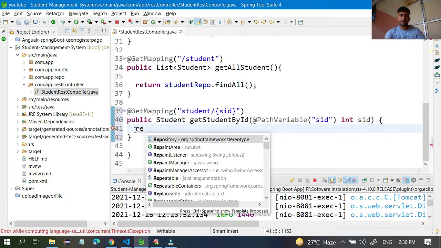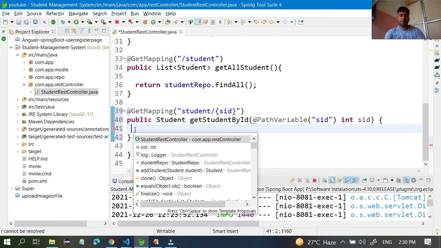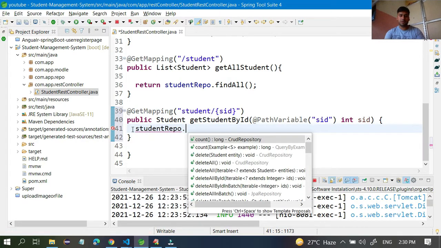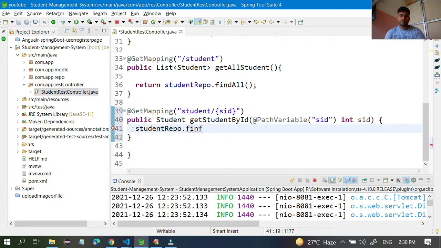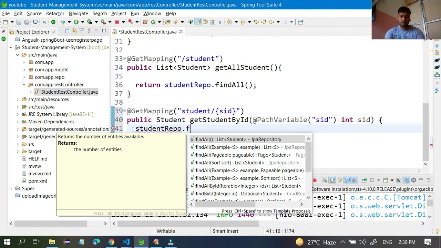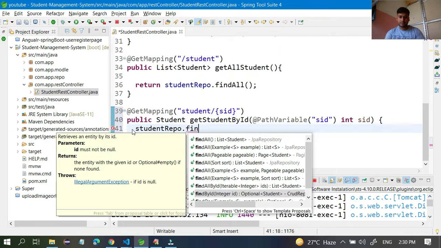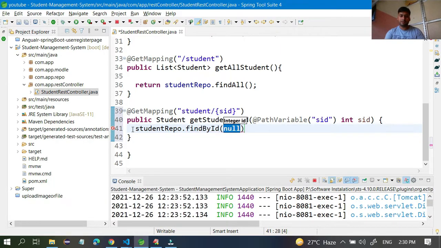So studentRepo.findById, you can pass sid dot get.